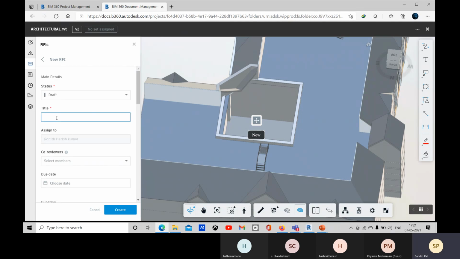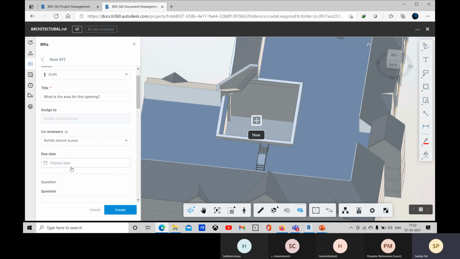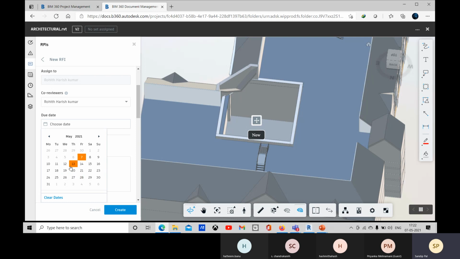And go for it. So let me ask, what is the area for this opening? Okay. And who will be the co-reviewer? You can assign it to them. And about the due date, you can assign the due date so that it is solved within a proper time.